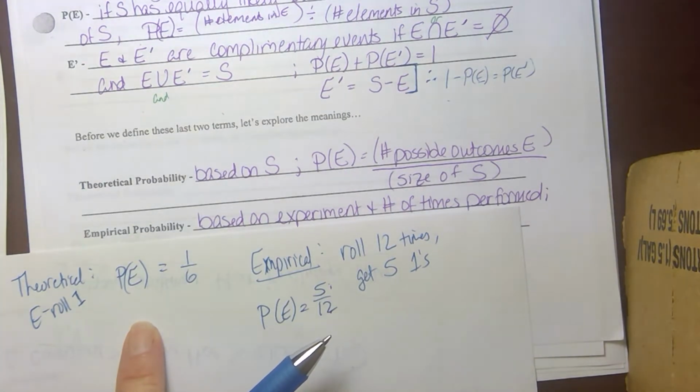Later on, we're going to talk about what we call the law of large numbers that tells us that the more times we perform an experiment, the more likely we will get a result